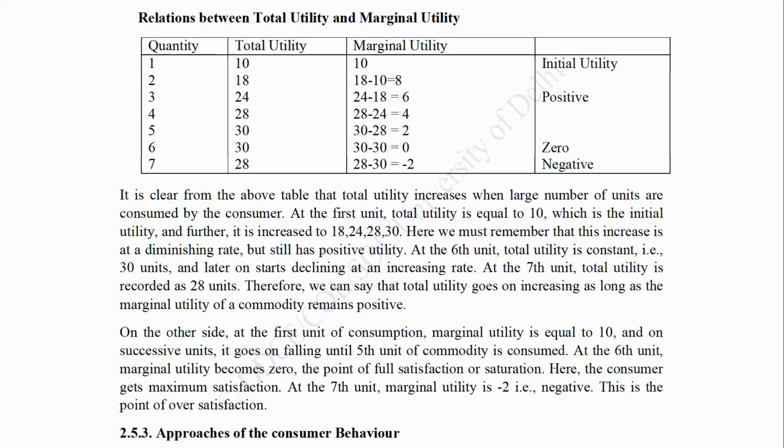At the sixth unit, total utility is constant, that is 30 units, and later on starts declining at an increasing rate. At the 7th unit, total utility is recorded as 28 units. Therefore, we can say that total utility goes on increasing as long as the marginal utility of a commodity remains